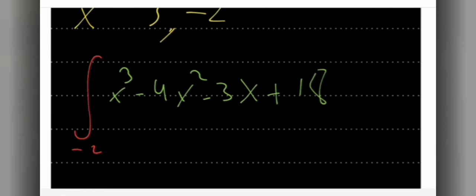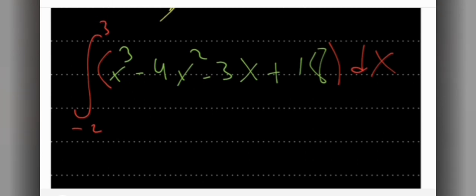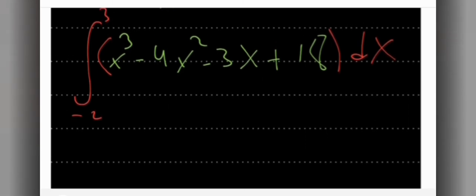From minus 2 to 3 dx, okay? So this integral over here should give us the area, okay? So how can we integrate this? Now it is an integral of a polynomial, so